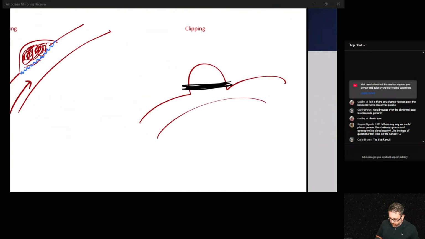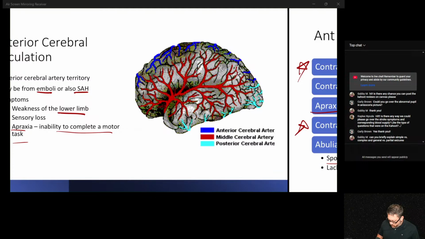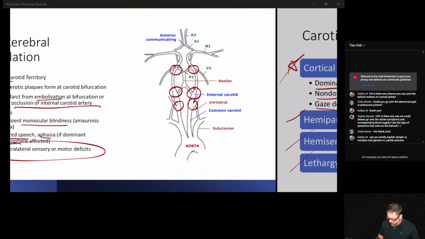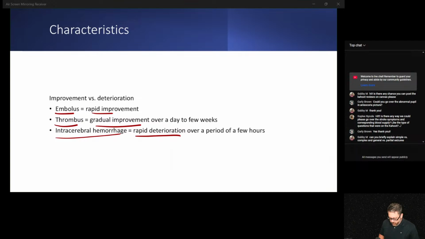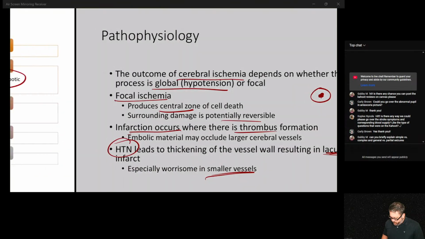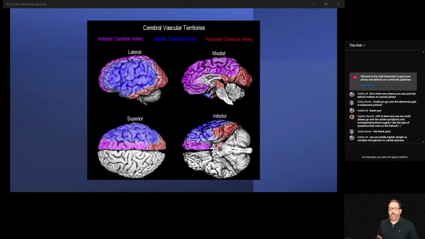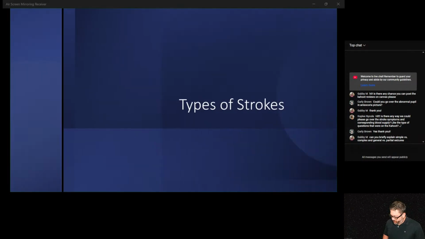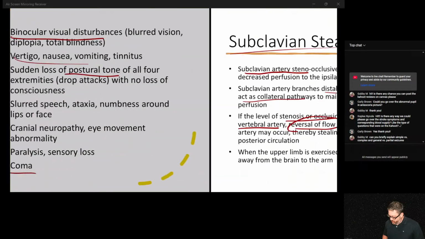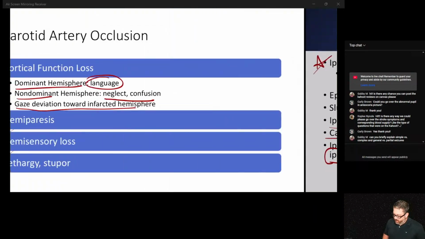So the biggest thing to remember for this one. Start here first. Okay. So the big thing is know the territories. So we have anterior cerebral, middle cerebral, posterior cerebral. So your anterior cerebral, I think I don't have a better picture in this one. Remember in the homunculus, the way that's set up,